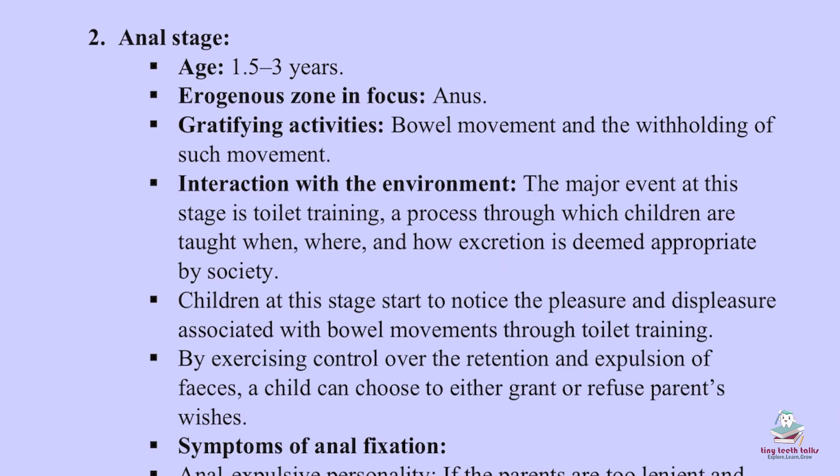The second stage is the anal stage, age 1.5 to 3 years, and the erogenous zone in focus is the anus. Gratifying activities are bowel movement and the withholding of such movement. So, interaction with the environment. The major event at this stage is toilet training, a process through which children are taught when, where, and how excretion is deemed appropriate by society. Children at this stage start to notice the pleasure and displeasure associated with bowel movements through toilet training. By exercising control over the retention and expulsion of feces, a child can choose to either grant or refuse parents'